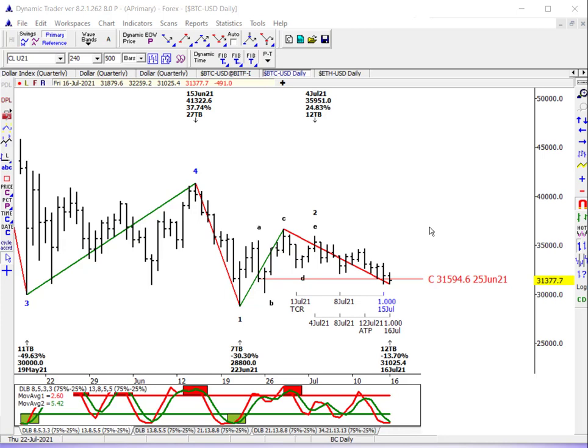What would void that? Well, let me just put our closing in here. I should have had that in here. I cleaned the chart up earlier. Let's go over to here. A close above 35,284 would void that probability of making a new low and indicate not just a weekly low, but maybe even a multi-month low was in place. Keep in mind, it's not necessarily going to be followed by a bull trend, to new highs. In fact, it's probably not going to be for many reasons, but point is, weekly low is a good low